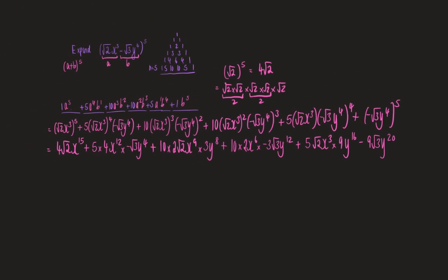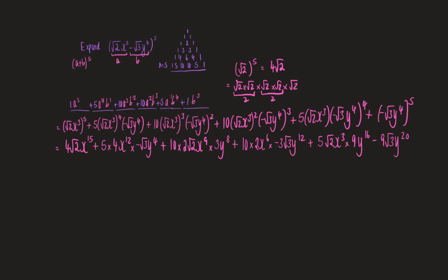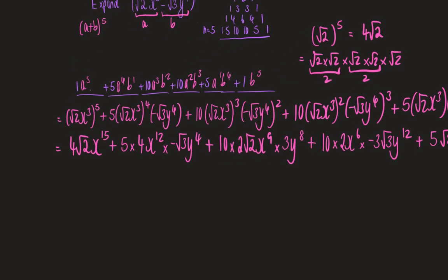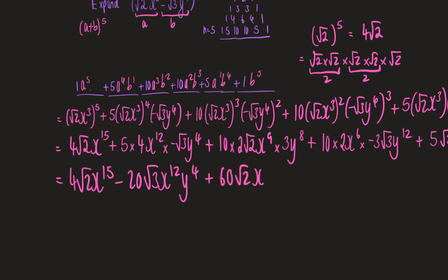So we've got all our terms. Let's just simplify one last time. Term 1, we've got 4 root 2 x to the power of 15. Term 2, 5 times 4 times negative root 3. Well, that's going to be negative 20 root 3 x to the power of 12, y to the power of 4. Plus, next one is 20 times 3 gives me 60 root 2 x to the power of 9, y